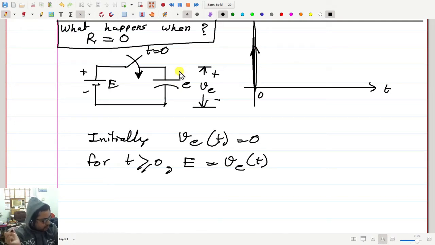Sir, I read somewhere that the energy is dissipated in the inelastic collision between the electron and the plate of the capacitor. You are right. So I will just briefly mention that it is said that the energy is converted into the kinetic energy of the charge carriers, or in this case electrons. But that we do not model in our normal circuit theory.